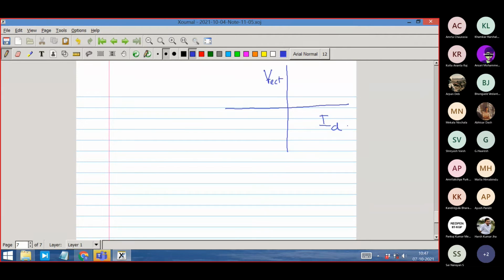We have now been able to operate with positive ID always. The topology that we have described, positive ID. We are not able to go to negative ID. So our zone of operation is positive ID, but we are able to operate with positive and negative Vrect. So this is quadrant 1 and this is quadrant, let us say we call it quadrant 4. So we are now operating in quadrant 1 and quadrant 4. This is rectification and this is inversion.